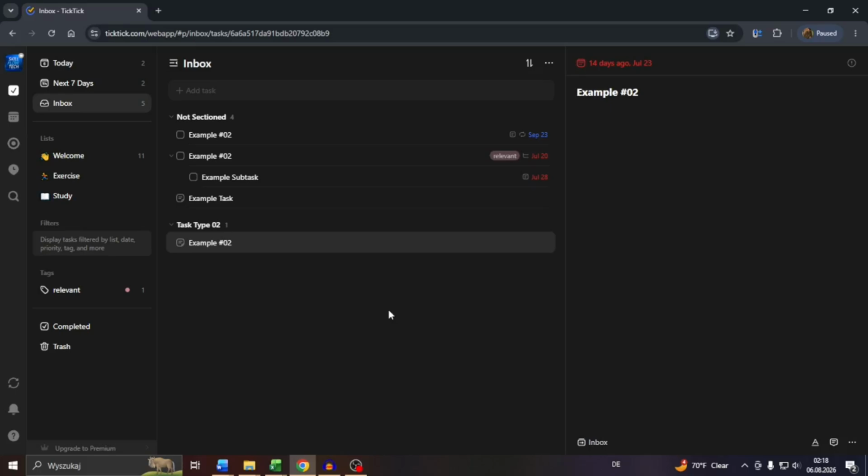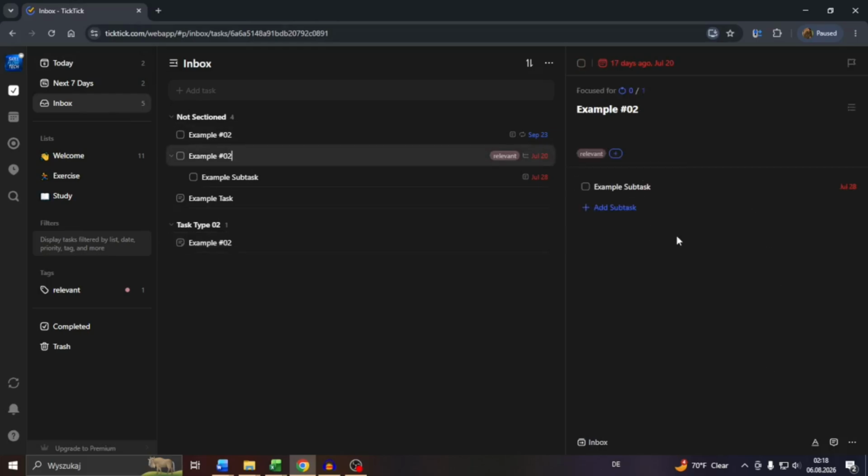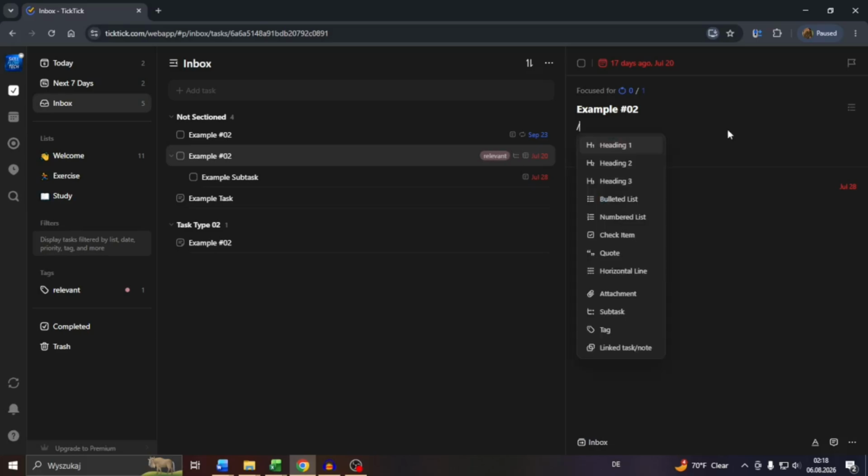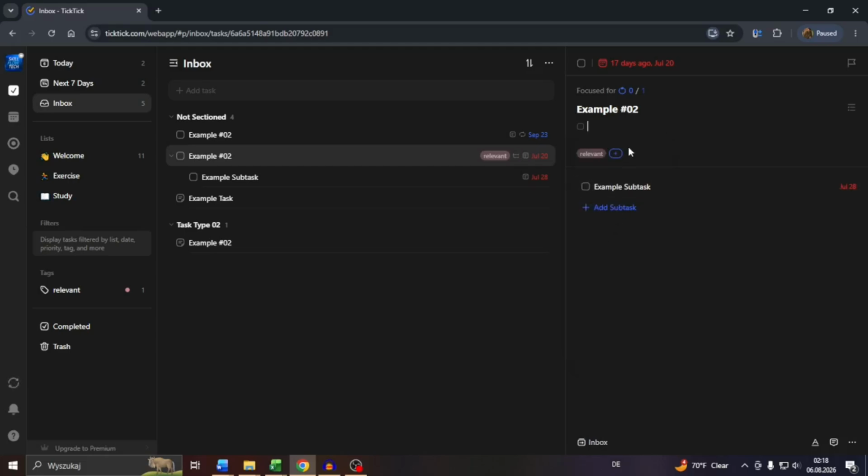So let us begin. Head over to your inbox inside your TickTick application, account, sorry. And yeah, click into the given task, and here to the right, guys, what you want to do is click into this field here. Right, let me skip to the next line and let us start the checklist here by entering the command /. Then choose, for example, checklist here, or you can go for numbered list,